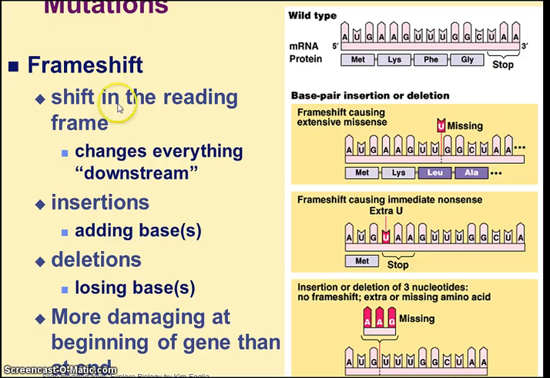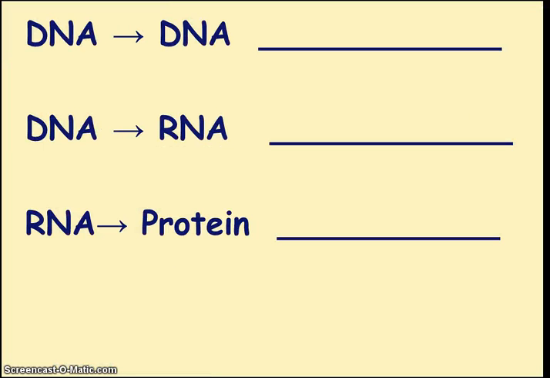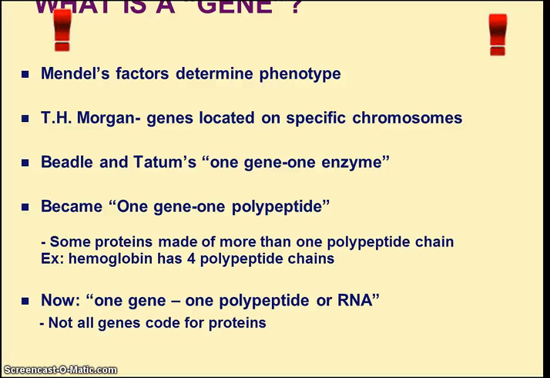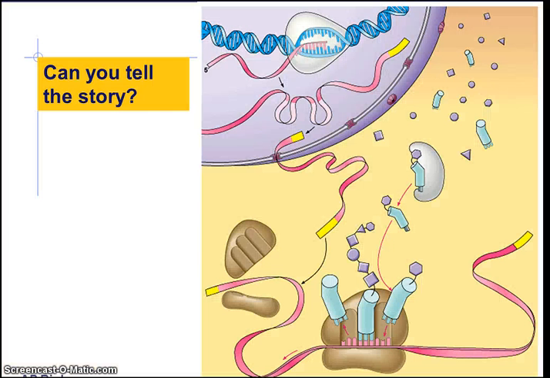Other ones, the frame shift, is when everything is shifted, so I have 3, 3, 3. If this is missing, it moves that amino acid over, and you can see everything then shifts. This can be caused by insertions or deletions. More damaging at the beginning than at the end because you're affecting more amino acids. So, DNA and DNA. And